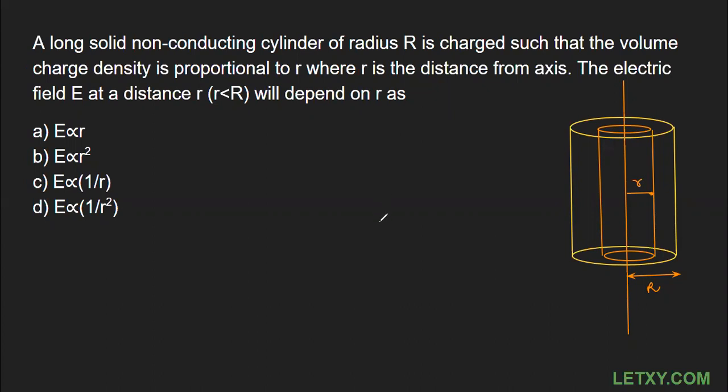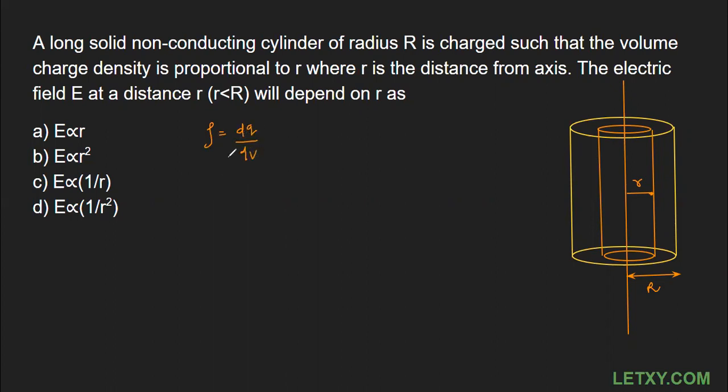Now we have to find the electric field because of the charges in the small cylinder. It is given that it has a volume charge density, and volume charge density simply means the charge per unit volume inside the Gaussian surface. Right now we don't know the total amount of charge lying inside the Gaussian surface. So first of all, let's find out the total amount of charge. I think all of you remember that the formula for the volume charge density is dq upon dv. I hope you all remember, right?